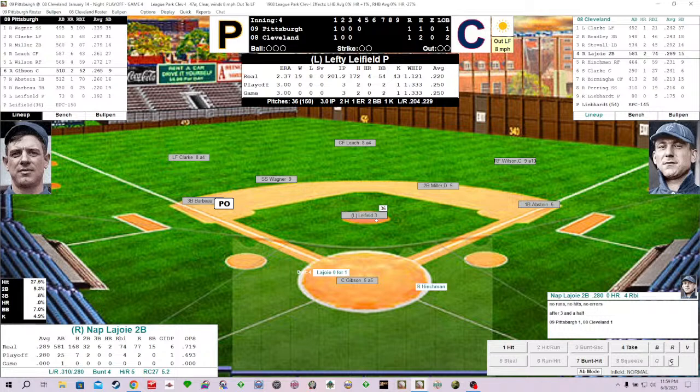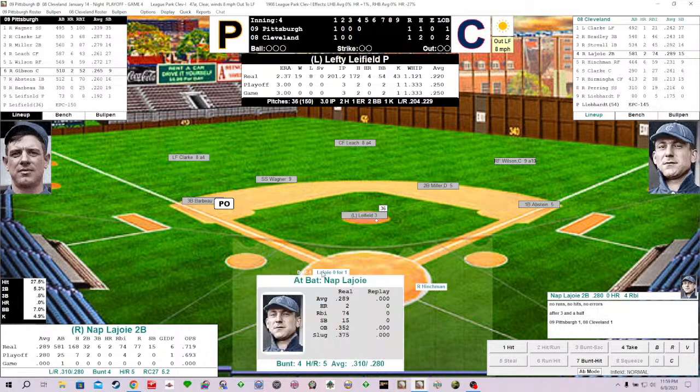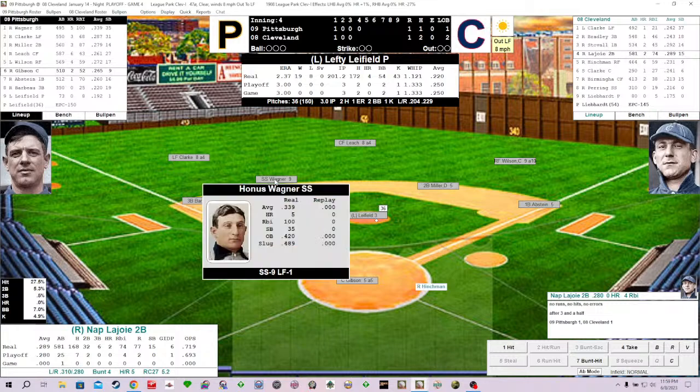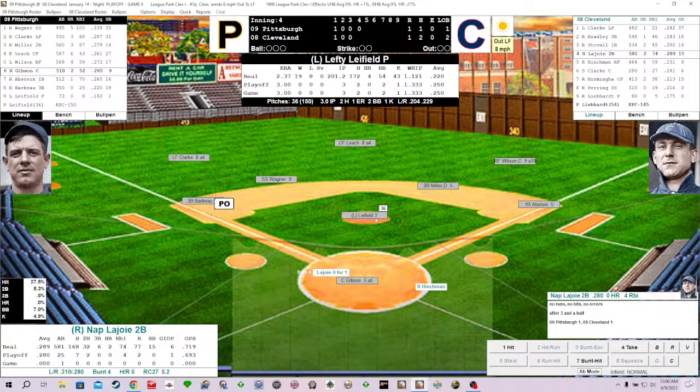So Cleveland looking to advance to the next round to meet the 1907 Chicago Cubs. The 1909 Bucks here looking to even it up. The bottom of the fourth now. Napoleon Lajoie, Bill Hinchman, and Nick Clark due up, the number 4, 5, and 6 hitters for the Cleveland Naps. Lajoie in the game, 0 for 1, grounded to short back in the first. Lajoie to Wagner, got to say those names. A little picture here of the great Napoleon Lajoie and Honus Wagner.